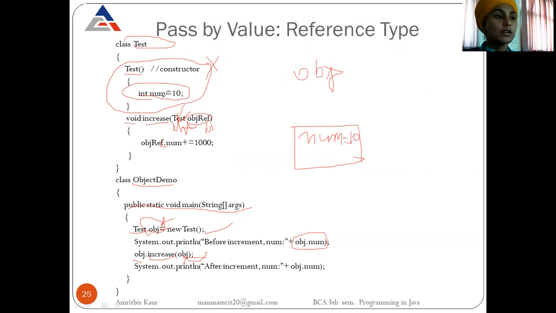If you have another, we can write it here. Initially we create an object of this class, and when the object is created, the constructor will be called, and num equals 10 will be the initialized value of num. So now it is pointing to this. We pass this as a parameter. So another object reference, objRef.